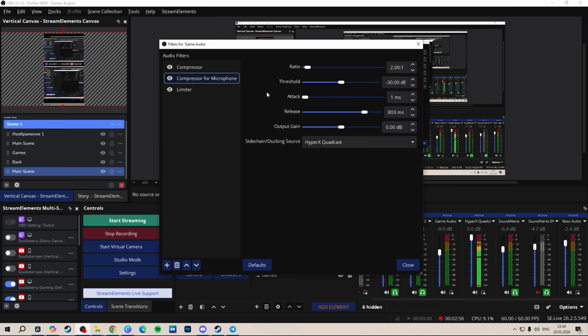How it works: when you start talking, the game volume goes down automatically, so the game volume won't go louder than your voice, like never, which is kinda cool. So how to set it up: ratio 2:1, threshold -30 decibels, attack 1 millisecond, release 800 milliseconds,